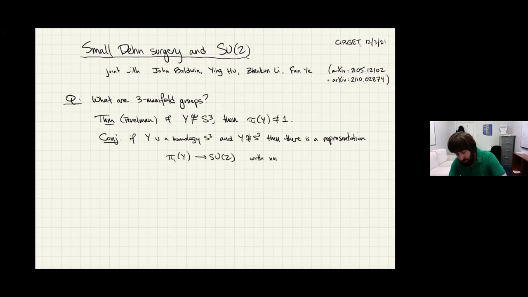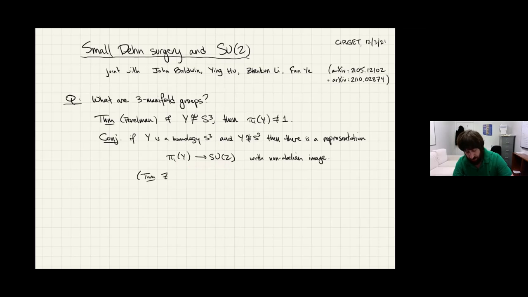And so what this is saying, in general for a finitely presented group, the question of is it trivial is undecidable. You can't find an algorithm that will do it. For three-manifold groups, you can, because we can recognize the three-sphere, but there's still some amount of mystery in what the groups are. And so what this is saying is one way to detect it is to look at the SU2 character variety. Is it trivial or not? And so this is still open.